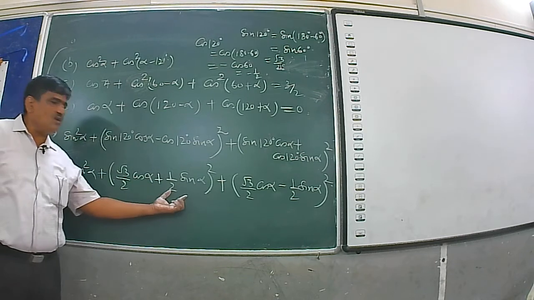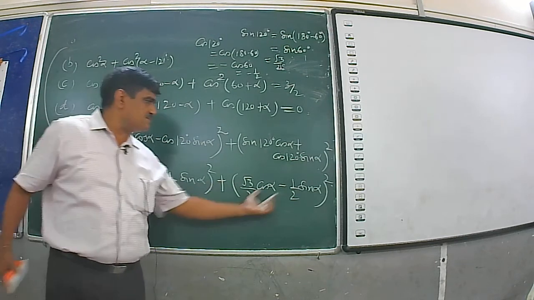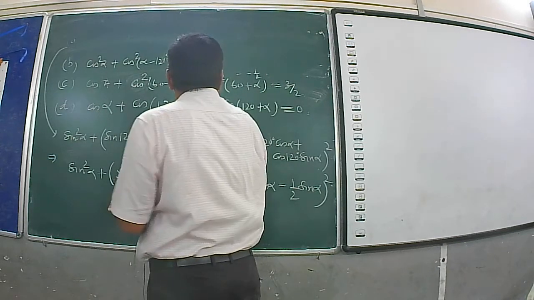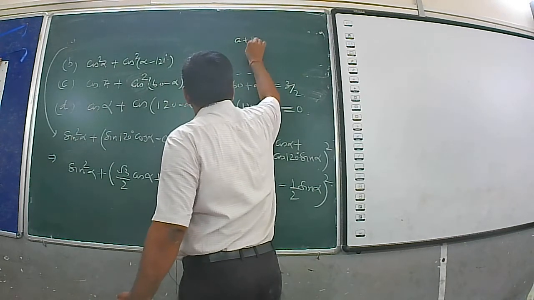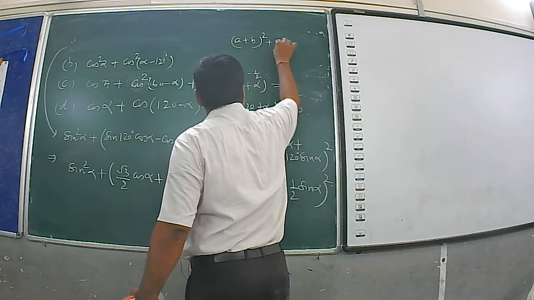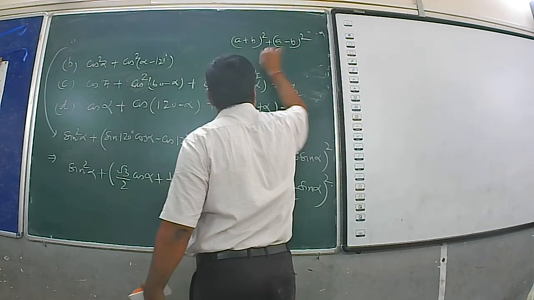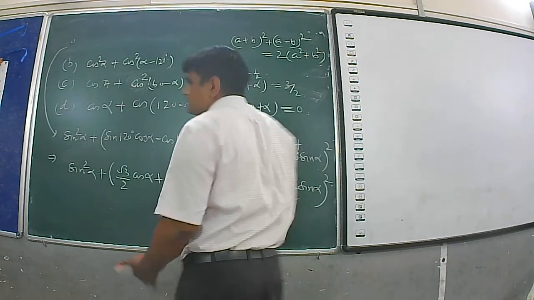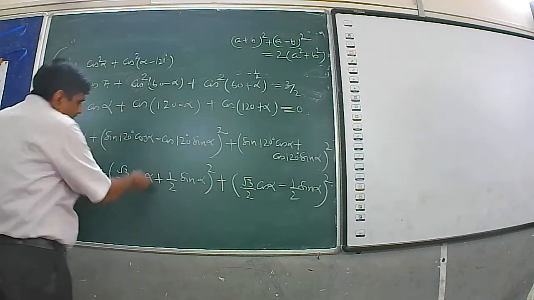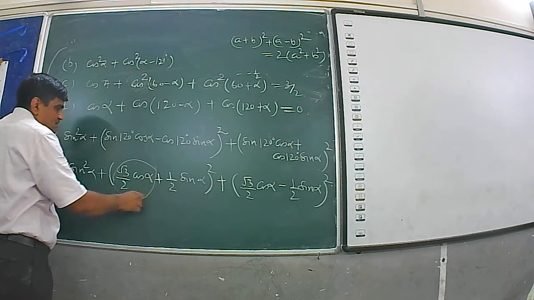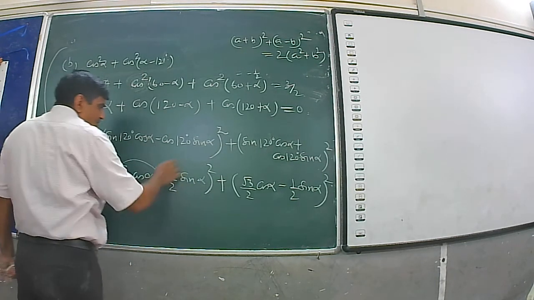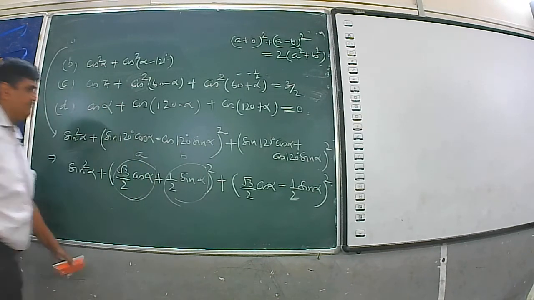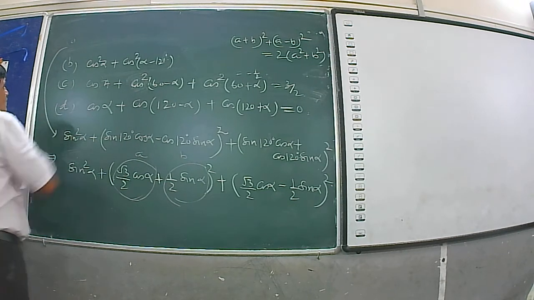A plus b whole square plus a minus b whole square: a formula is there. If a plus b whole square plus a minus b whole square is equal to 2 bracket a square plus b square. A is root 3 by 2 cos alpha, and b is 1 by 2 sin alpha. This is the a and b, and this is equal to